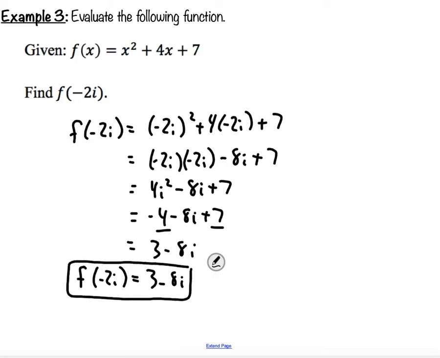Whenever I just have a single term, this is called a monomial. A binomial would be two terms connected by addition or subtraction. When you just have a single term, they're just connected by multiplication. That's when I always use direct substitution, but it's up to you. The other way we could have done that